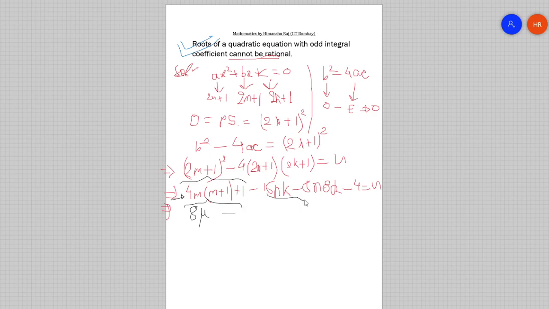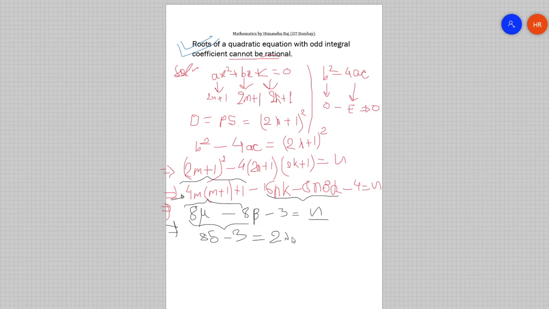And after clubbing these three terms, you can write it as 8 beta minus 3 equals to again this term. Now after clubbing these two terms, you can write it as 8 delta minus 3 equals to, now finally we must square this term,